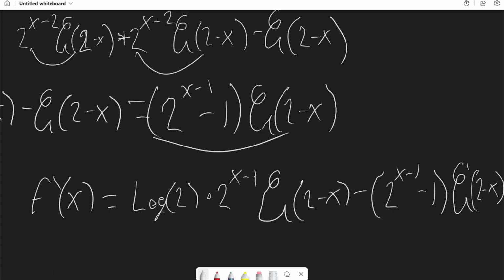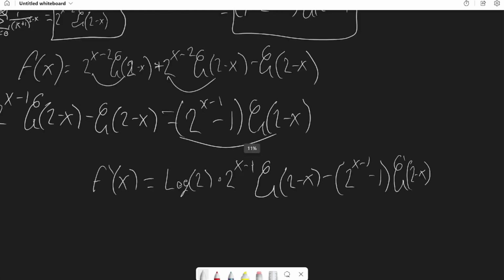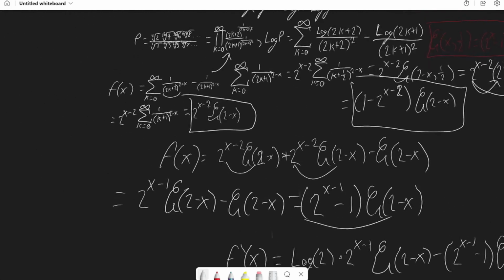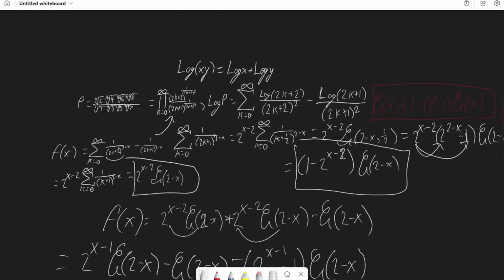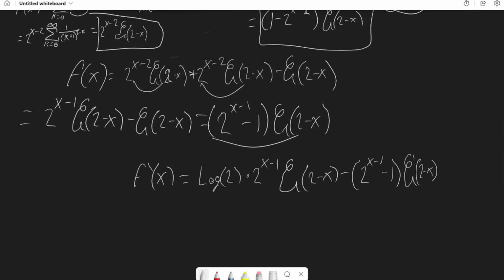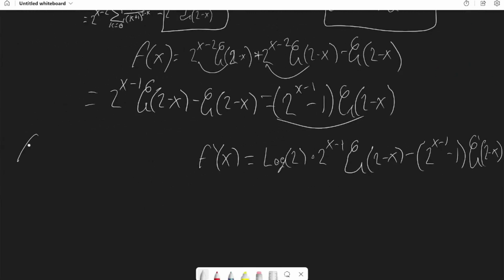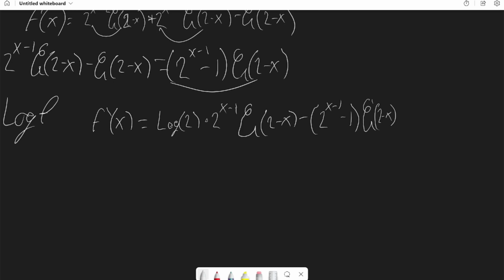Okay. So now, remember up here we had a formula. Where's our formula? Oh, I think I erased it. It doesn't matter. If you remember, f prime of 0 equals the log of the product we're trying to evaluate. So now we just have to let x equal 0 here. So finally, we get f prime of 0 is going to be equal to